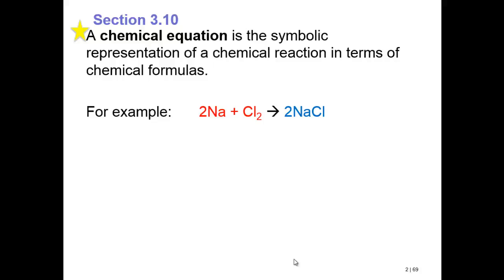Okay, we're almost done with chapter 3. We're at section 3.10. And I don't know why they introduced this so far into the term, but we're going to balance chemical reactions. We've been seeing them all along. But we're going to look at them now and then utilize this information